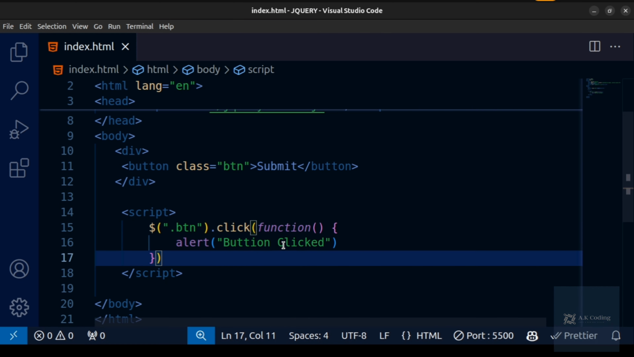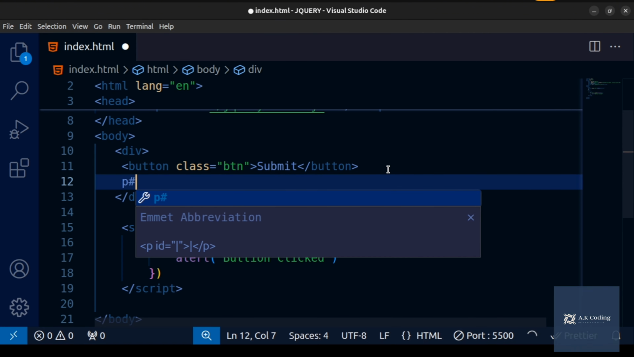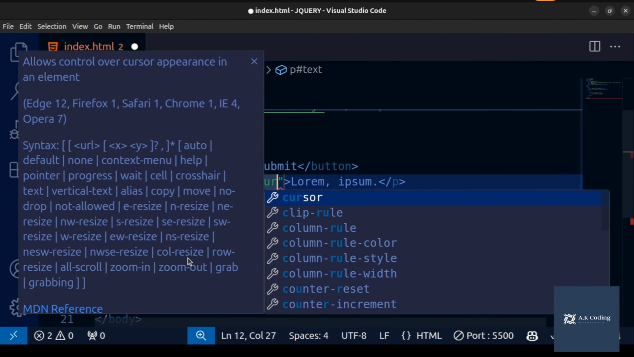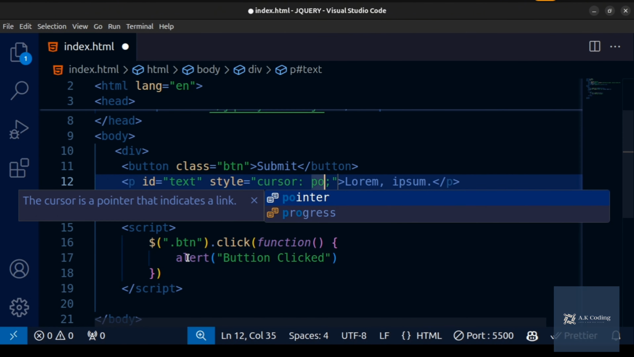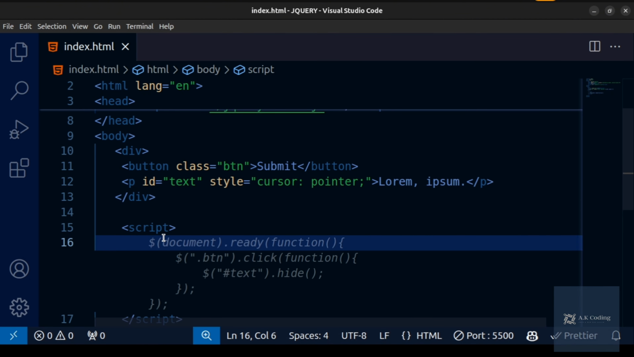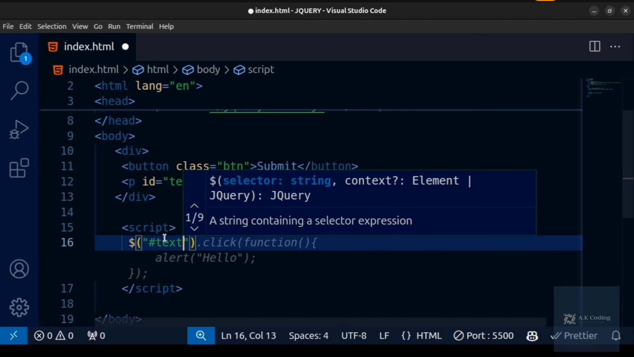So how can we do this? First of all, I'm going to open a paragraph with the ID text, and I'm going to write lorem2, right? And I want to write some style for that. Style cursor should be maybe pointer. Okay, and let's delete this, and I'm going to call the text. So I'll write with the ID text